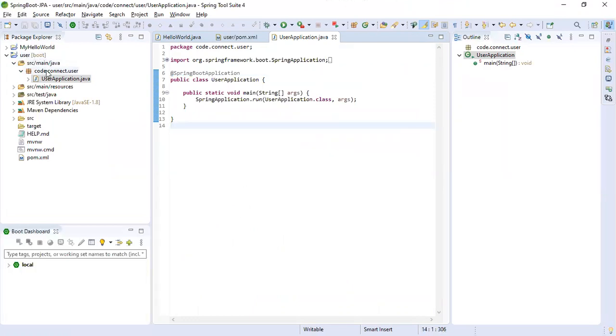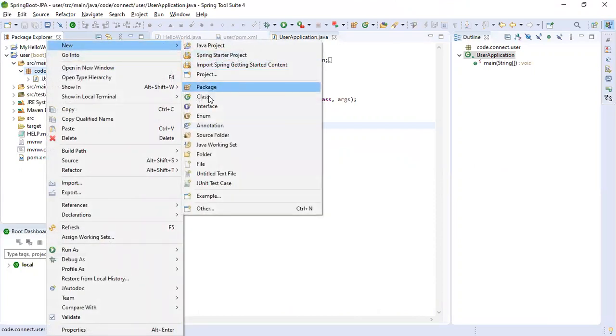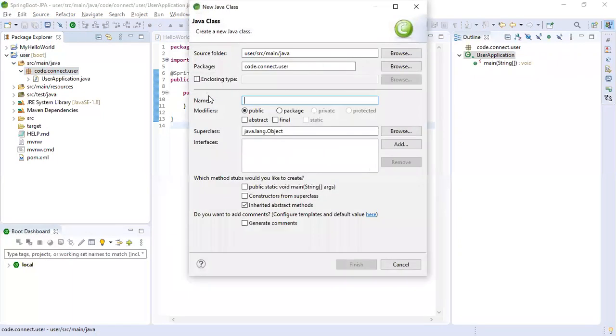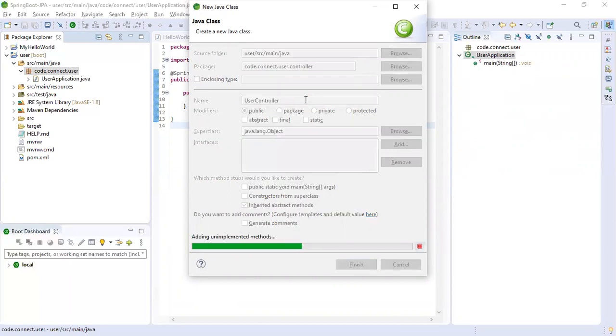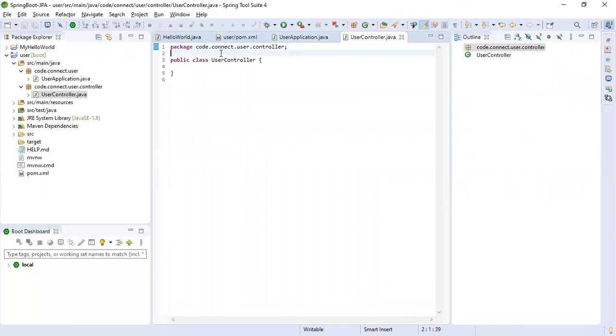Okay, now I'm going to create one controller, a new class, UserController. Here I'm using the annotation controller.